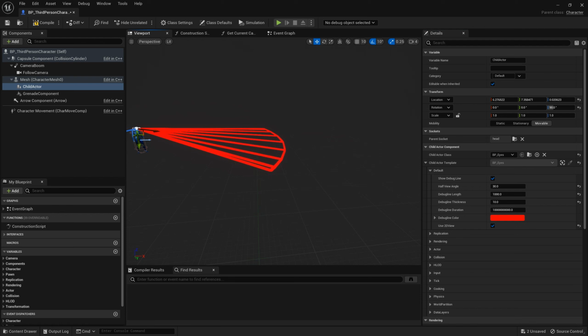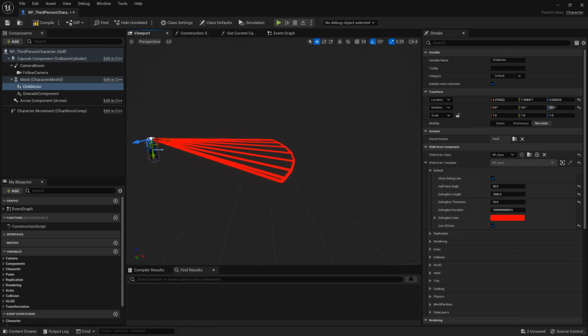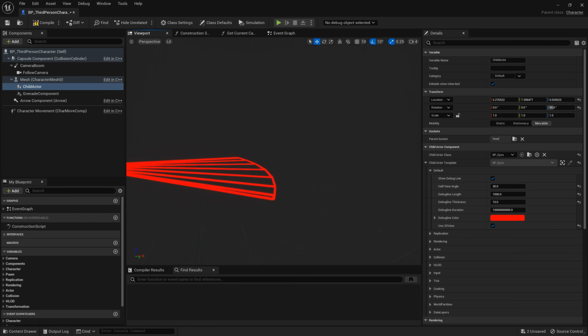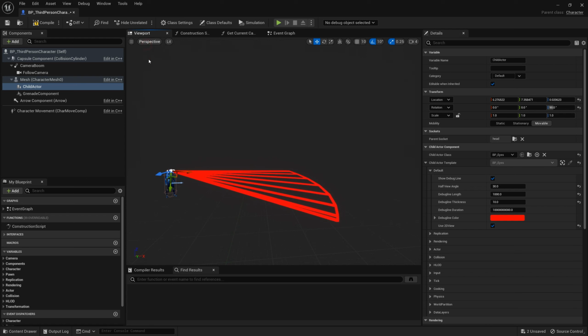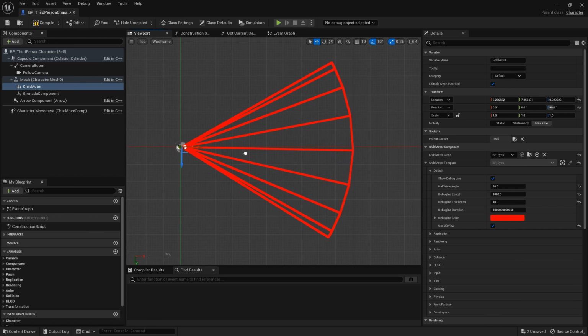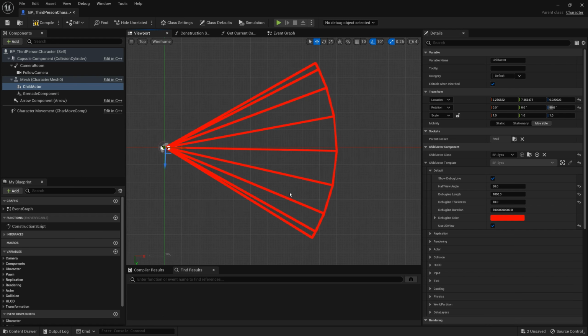Checking it will slightly increase the view angle, because it only calculates whether the XY axis of the actor is within the view angle.